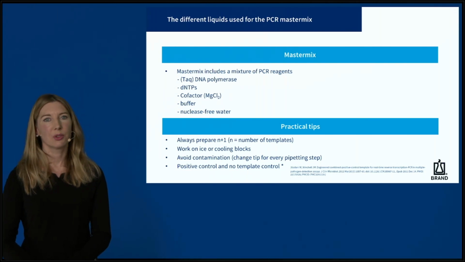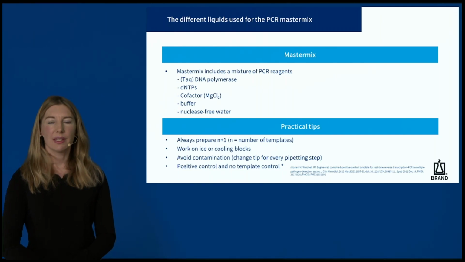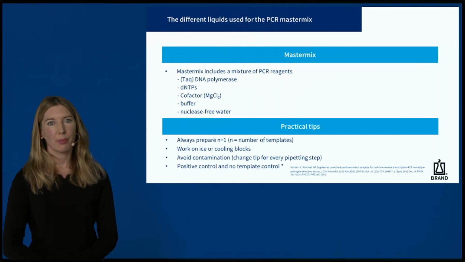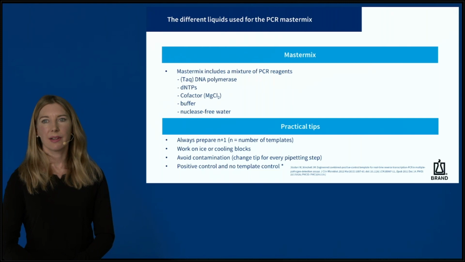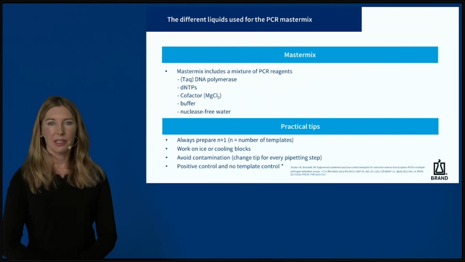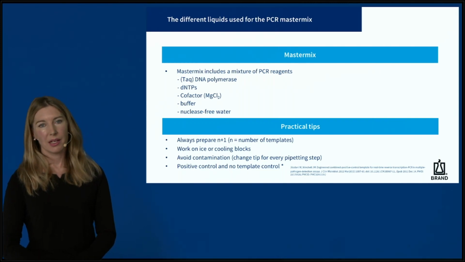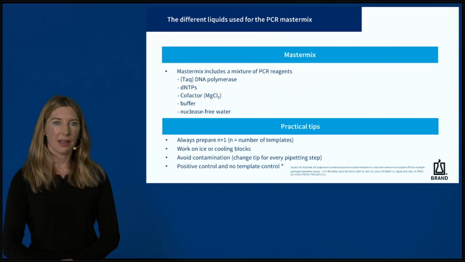It is important to prepare a bit more than the required volume. This ensures to have enough volume, even in the case of pipetting inaccuracies. Sample loss may occur because enzyme solutions like the master mix contain detergents. Detergents are likely to foam, which might lead to inaccuracies during pipetting. On the next slides, we take a closer look at how we achieve more accurate results when pipetting buffers or viscous liquids like the Taq polymerase.